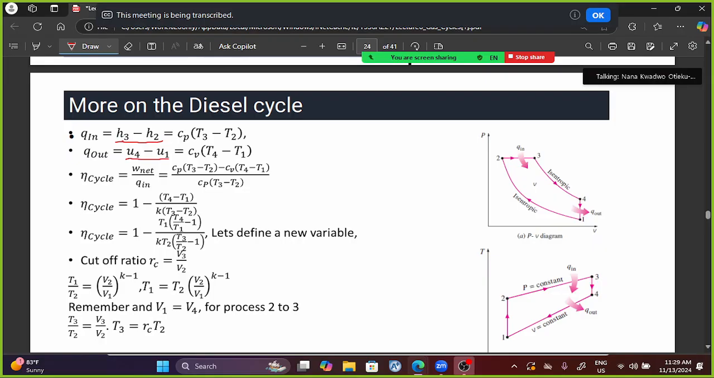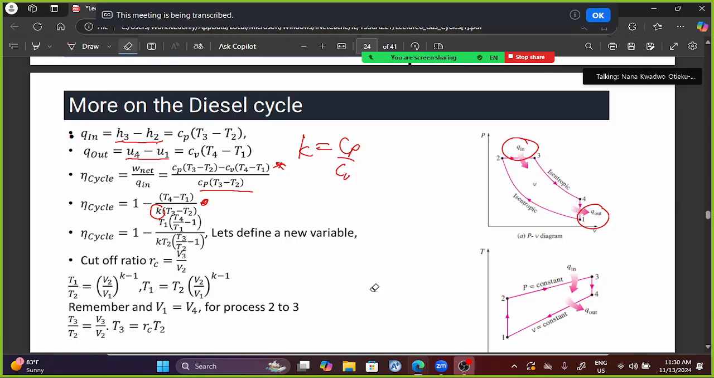So we have here H3 minus H2 for the Q in part, and then the Q out part is U4 minus U1. So that's for the Q out, and it's a very similar process to what we've done previously. So our net work is going to be our Q in minus our Q out, so that's the top part here, and then we have the denominator to be Q in. We can simplify that as we did previously and end up with this. Now this part that is coming in here, remember we said that we have this relation. So if I divide through by CV,